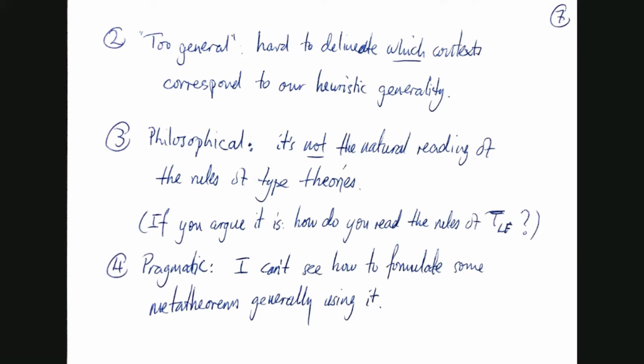Another is that the logical framework definitions are too general in other senses, that you have to cut them down, that it's certainly not a signature. A type theory should be an arbitrary,